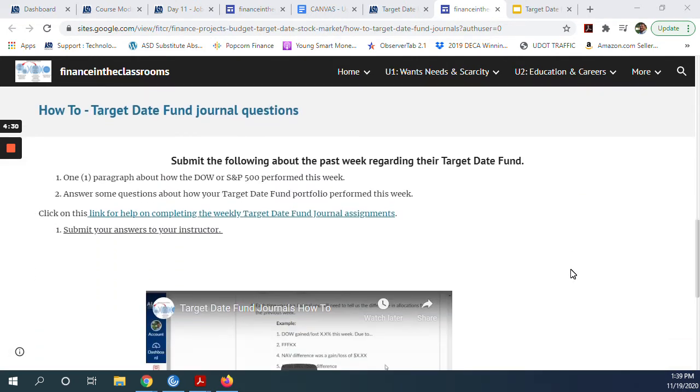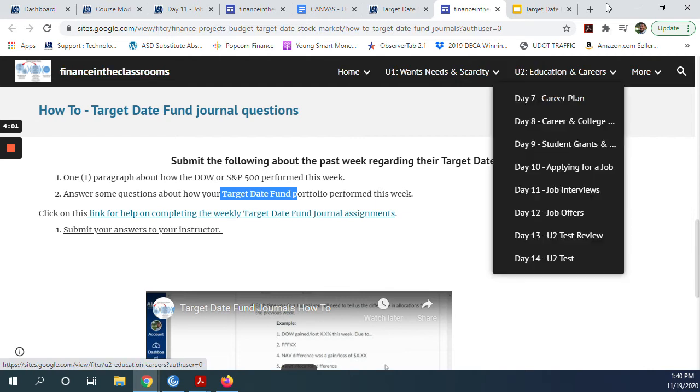This one is how to then answer each of the weekly questions. Okay, and again, we've got a PowerPoint here that will lead us through this. There's essentially 2 steps of this process, or 2 questions. Question number 1 is about the market in general. How did the Dow or the S&P 500 perform the past week? And then the second question is a series of questions tracking the performance of our target date fund. So when we click on the link for the PowerPoint,